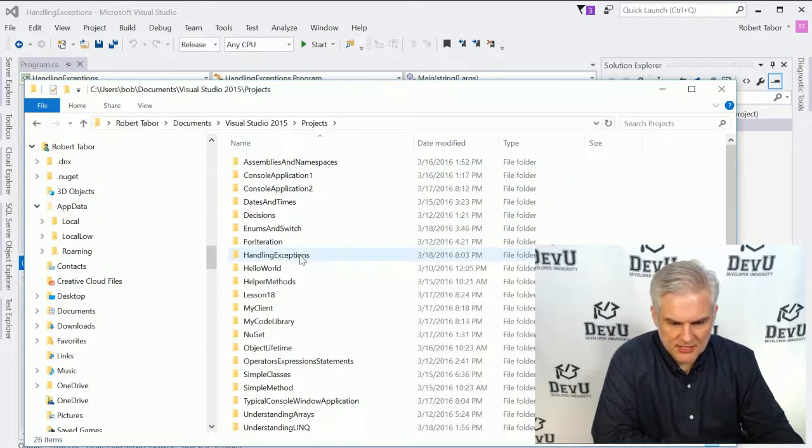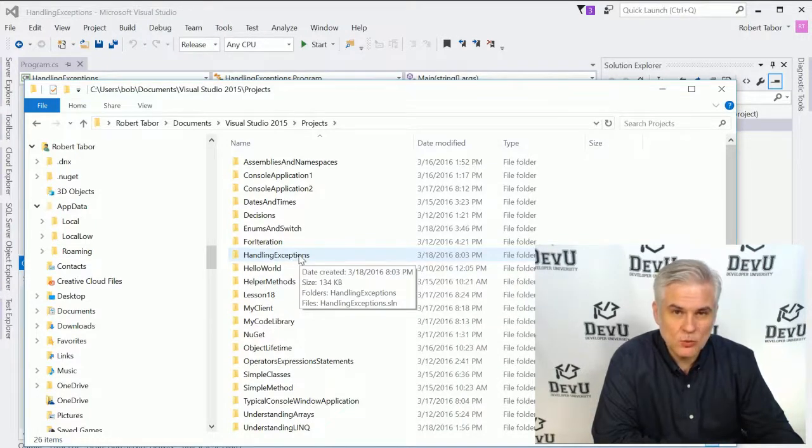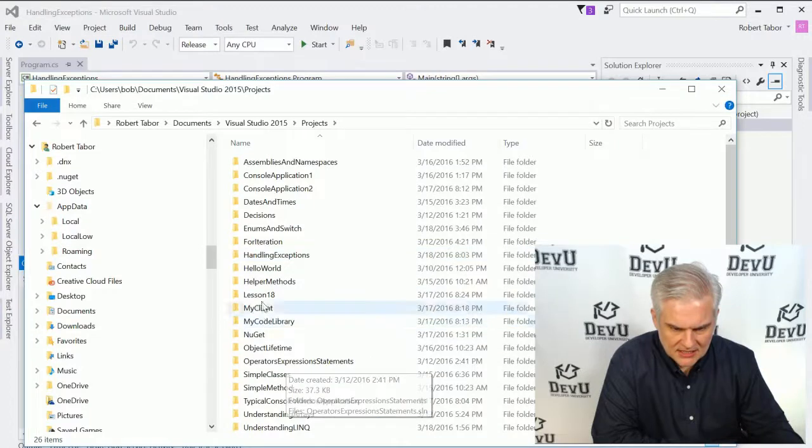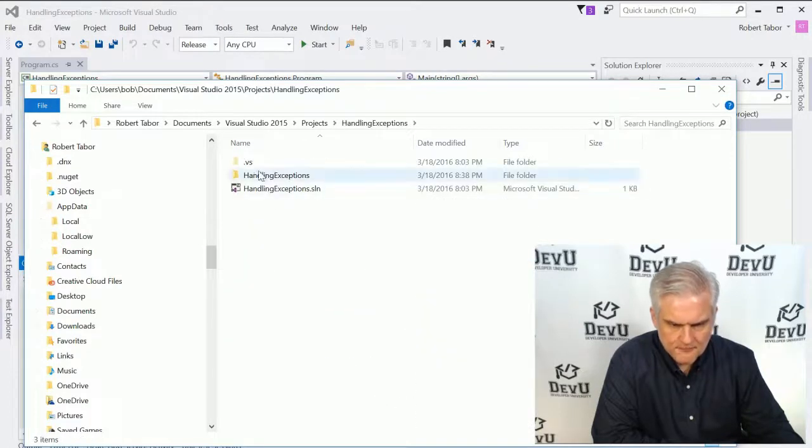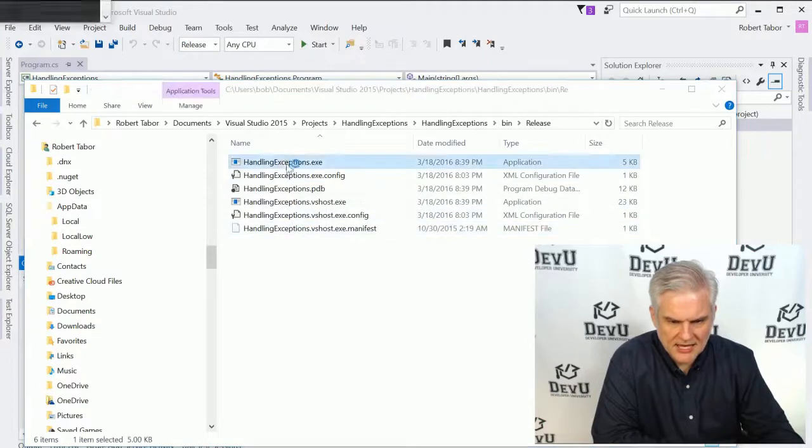Now we're going to go out to our projects directory, and I'm going to act like an end user and actually attempt to use this application outside of Visual Studio, so outside of the debug environment, just to see what the end user would see if they ran into this exception at runtime. The name of this is handling exceptions. All right, there you go. And let's go into the bin directory, into the release folder, and I'm going to double click the handling exception,